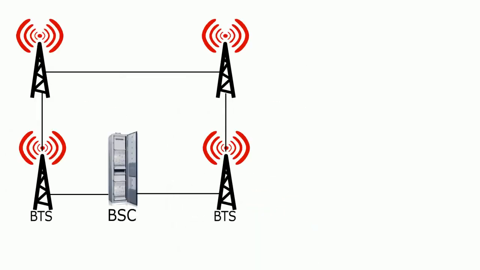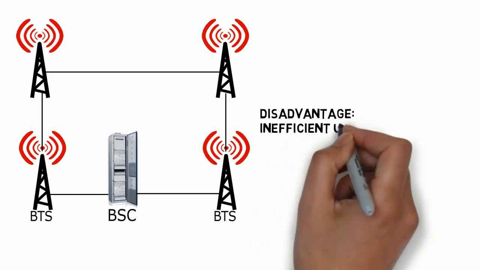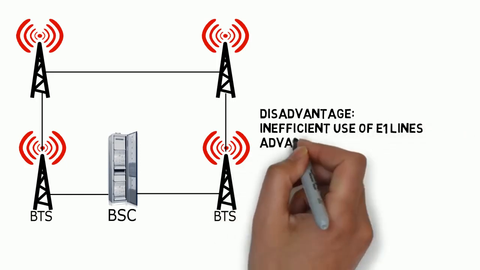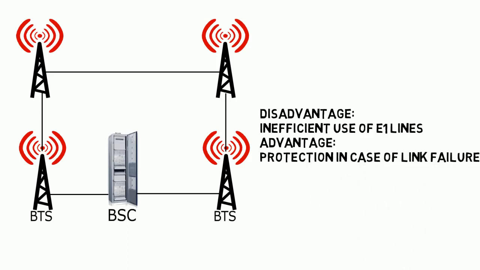So now we come to the ring configuration. Here, as you can see in the ring configuration, basically the BSC, the BTS and the base stations are connected in serial, but they form a ring. One obvious disadvantage of this scheme is that basically the E1 channels are not used very efficiently, so the required number of E1s increases,